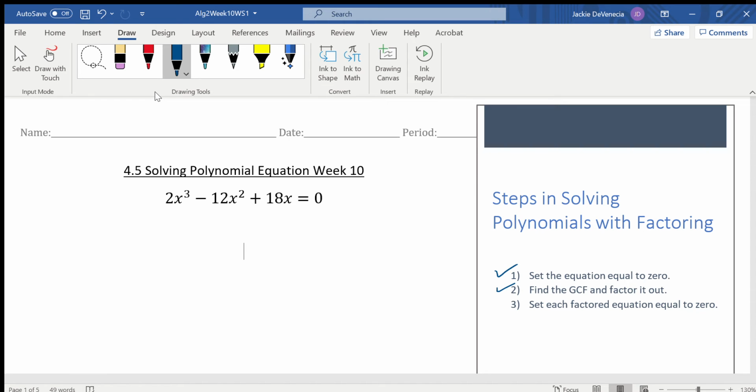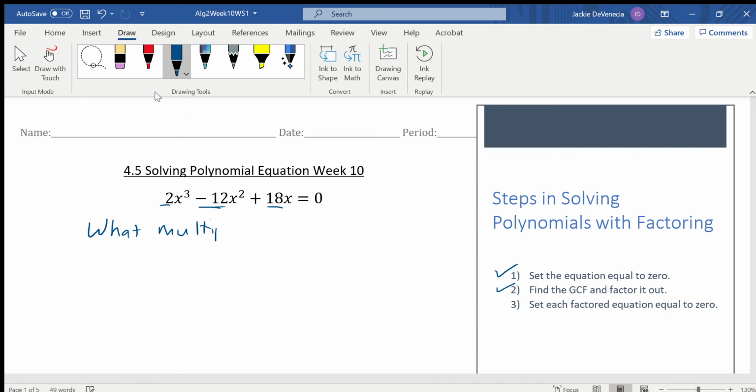Now, greatest common factor, you can break it up into two parts. You can find the greatest common factor of the coefficients, and then I'll show you how to find the greatest common factor of the variables. But first, let's look at the coefficients. We have a 2, we have a negative 12, and we have a positive 18. So if you're trying to find the greatest common factor of these coefficients, you need to ask yourself, what multiplication